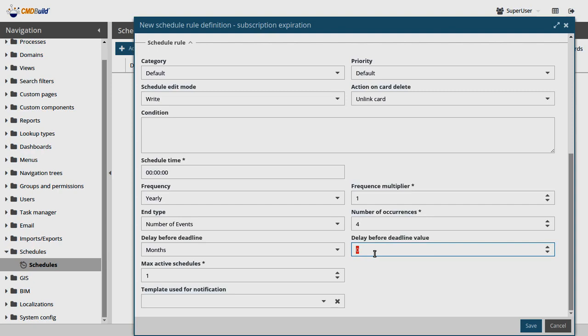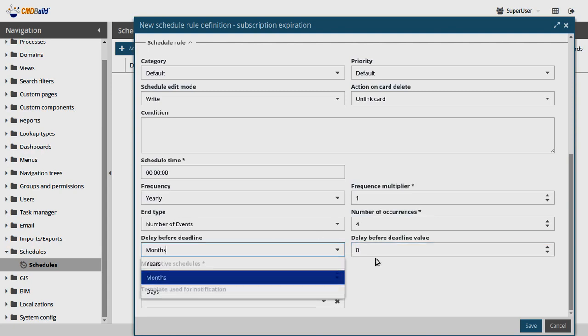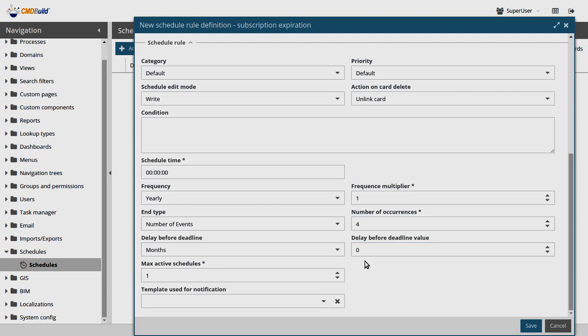This could be interesting. For example, if you have a specific test you want to do on your new employees, and this test must be done every year, but when you get a new employee, it must be done within the first week of the start of the contract. In this case, you select here a delay before deadline of 1 week, so 7 days, of course, and then from then on every year or every 2 years or whatever you want. Then the max active schedules,